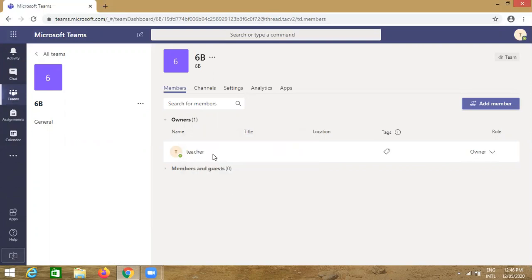So now in the class six B, teacher one is also teaching. So what we have to do, we have to add that teacher here. So add the teacher here from add members.